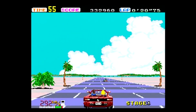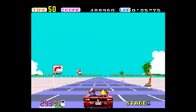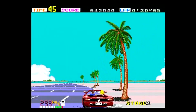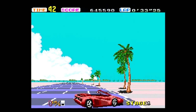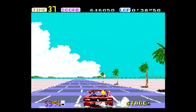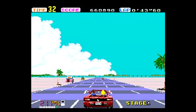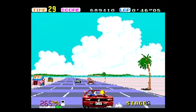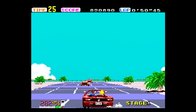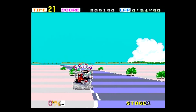One of the better conversions of Outrun, it has to be said. I think I prefer this to the Mega Drive version, really. I think it's a bit closer in colour. Yeah, I'm not doing very well, am I? Okay, let's take a look at some footage